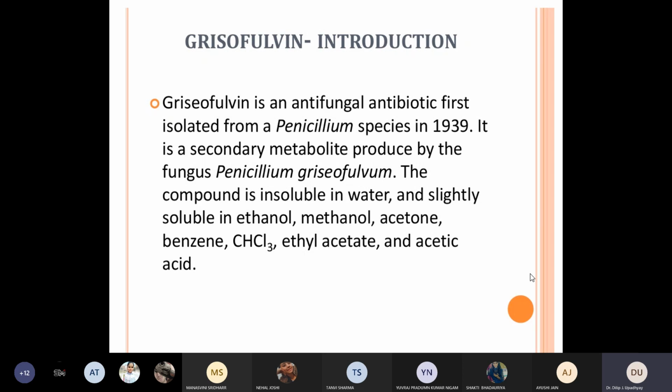But the point I'm trying to make here is that this was isolated from Penicillium species in 1939, correct? Somebody isolated it using our bioprospecting style from soil. But just imagine that even after almost